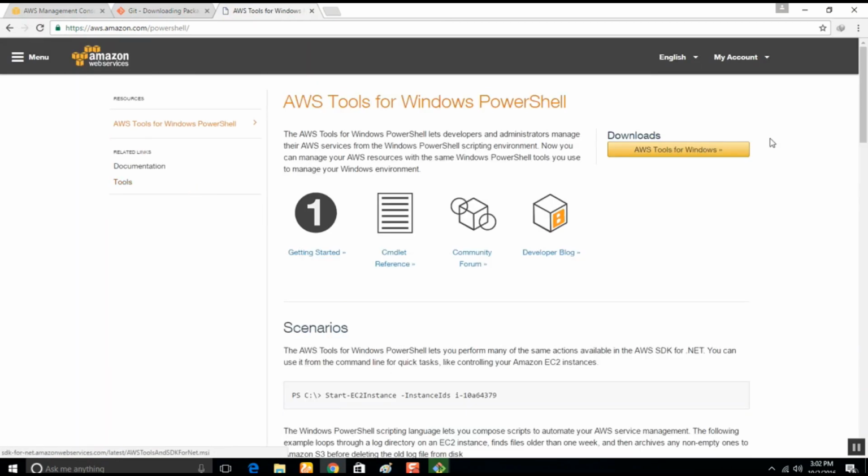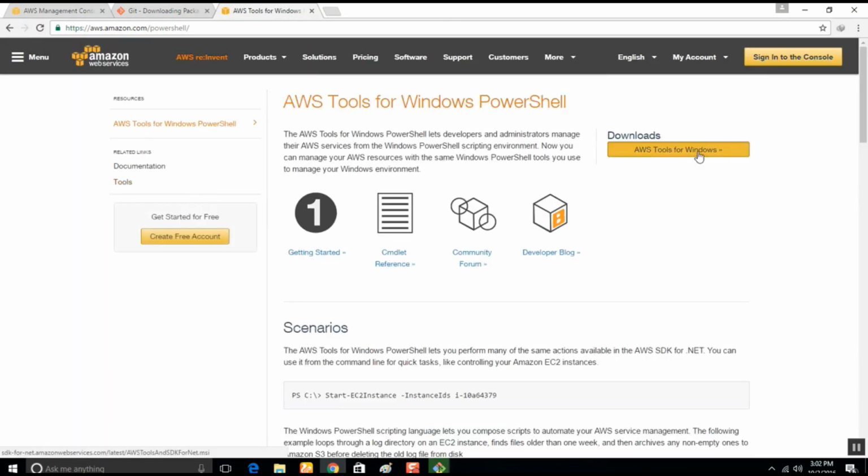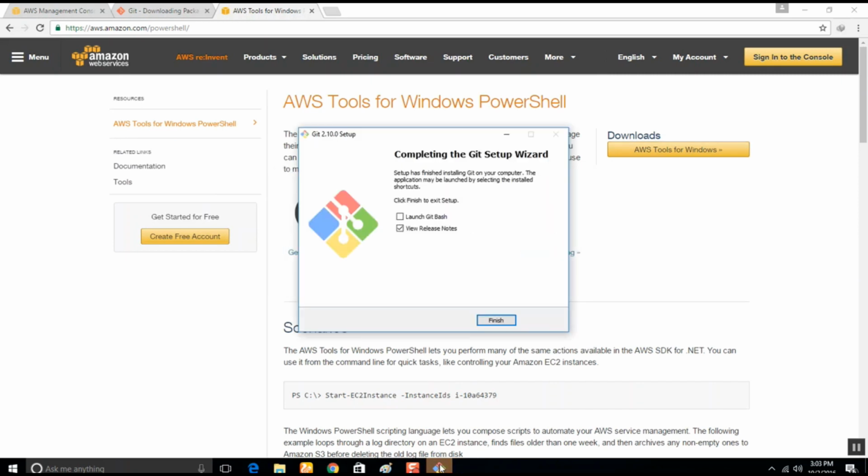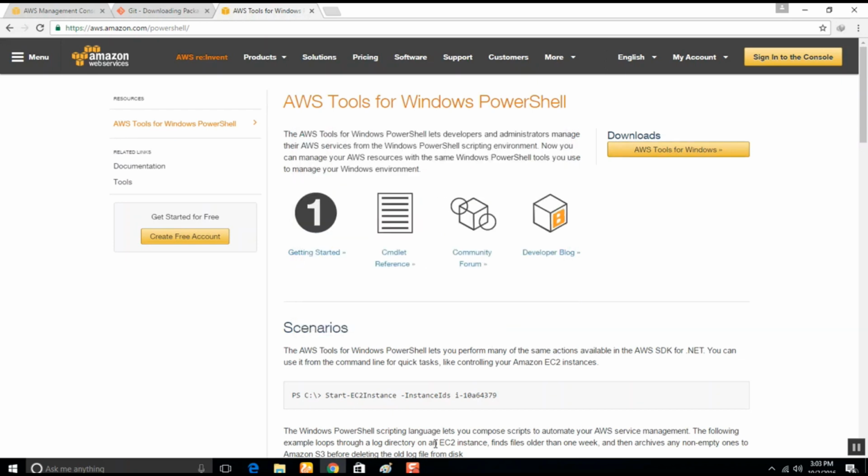Go there, click on AWS Tools for Windows and get it. You can install it and use it without PuTTY, but for now I have already downloaded it, so I'll cancel. Okay, now Git is completed. Finish.